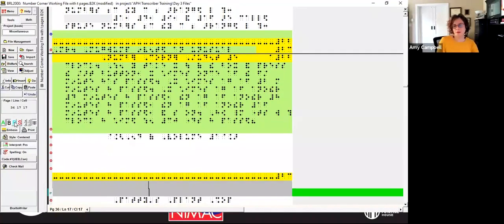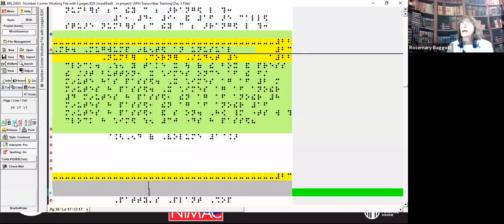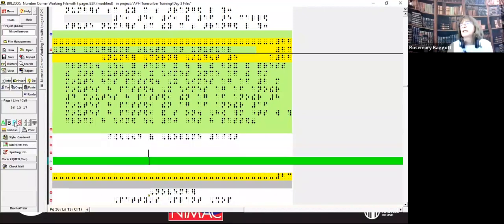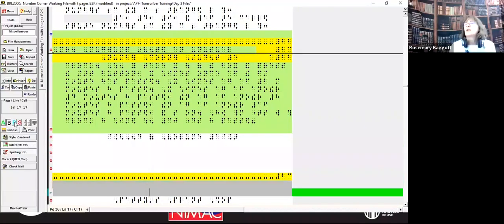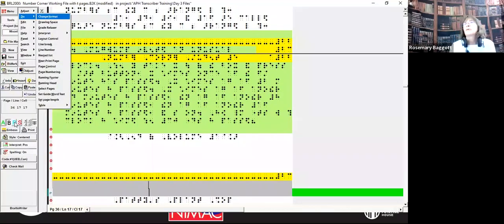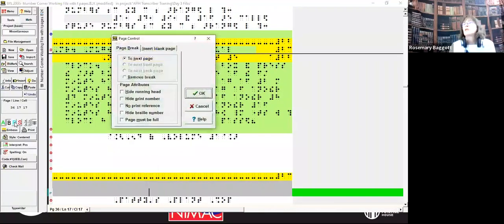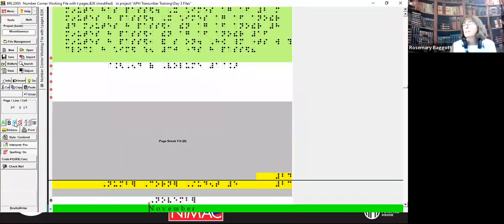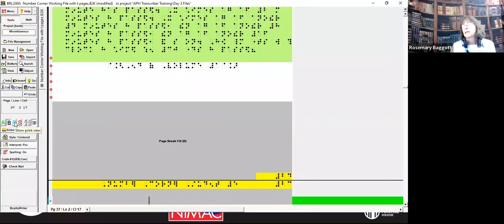Thank you. Okay, so right now we're just talking about how to break volumes. So I've entered end of volume 1 in transcriber's notes, which needs to be a line below the text on the final page. This is another page. Well, I'm back to Alt-D or do C for page control. I'm going to enter right there, and notice that Braille 2000 moved me to the next print page and next Braille page.